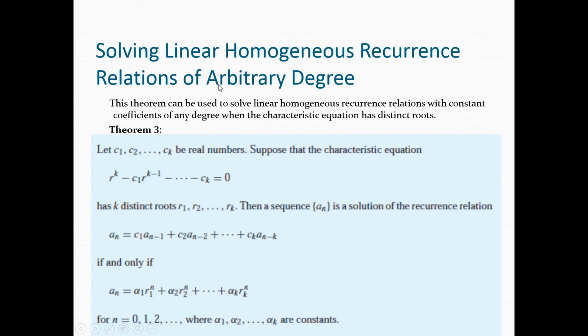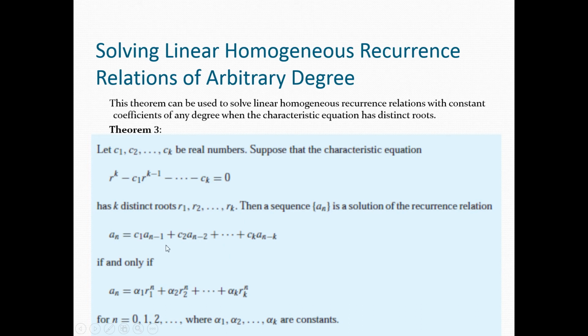Solving linear homogeneous recurrence relations of arbitrary degree. Now, if we have an equation of arbitrary degree, that is of degree k, then the characteristic equation will look like this. And of course, this is a polynomial of degree k, so it must have k solutions. And if it has k distinct solutions, then our